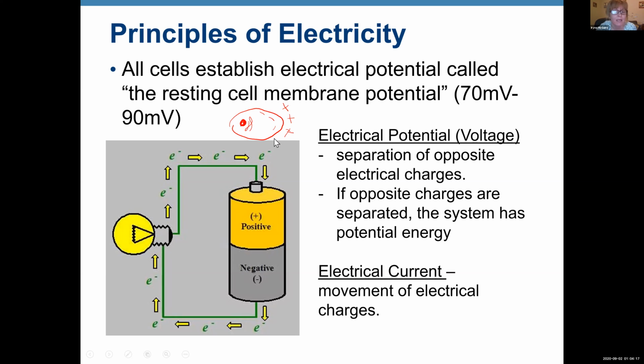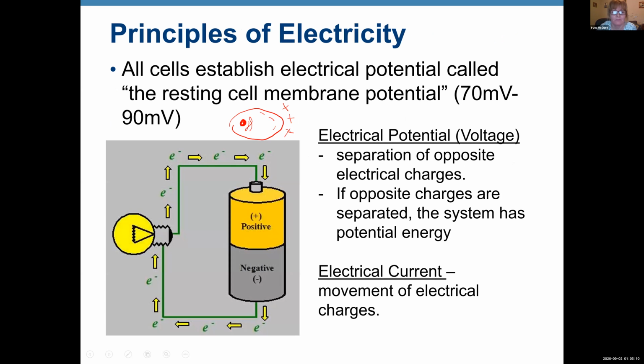Now, when those electrical charges start moving, like it shows over here, when charges are moving, we have electrical current. Some of your cells are capable of creating this electrical current. All your cells are batteries, but some cells can also create this electrical current, and those cells are muscle cells and nerve cells. Because we have separation of charges, we can measure this potential energy in voltage, and it will be minus 70, minus 90 millivolts. And we say minus because we're referring to the negative charge inside a cell. Now,